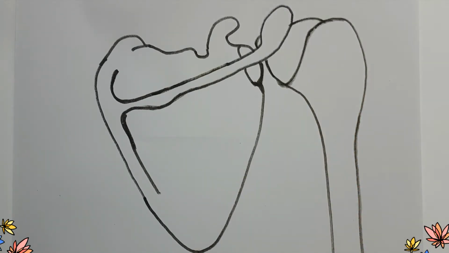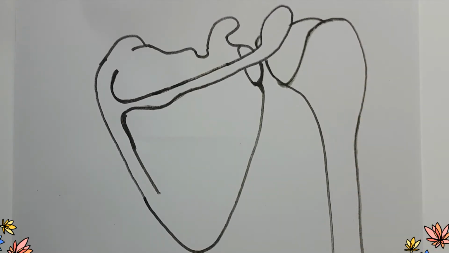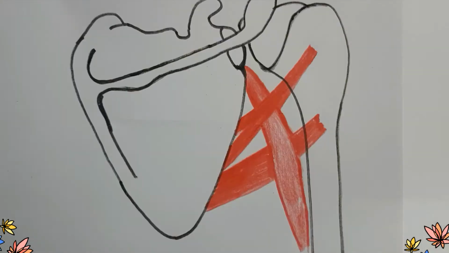So as I've already mentioned, there are three muscles, that is the teres minor, teres major, long head of the triceps brachii, and this humerus involved in the formation of these intermuscular spaces. So let's draw the muscles one by one. So guys, here I have drawn all the muscles involved.